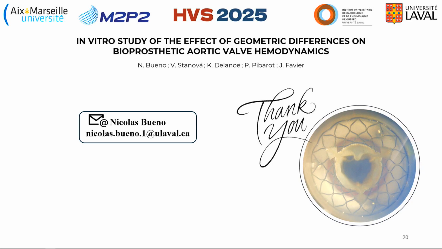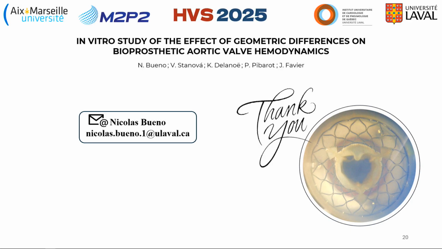Yeah, thank you. And how do you account for cusp characteristics from one valve model to the other? Do you just assume that silicone is the same as bovine pericardium, or every valve design is different and you just try to mimic that as best as possible? I didn't understand the question. What I'm saying is that you use silicone to mimic the prosthetic valves, the commercially available valves, but what properties does silicone have, and how do they compare to cusp material, bovine pericardium or such?